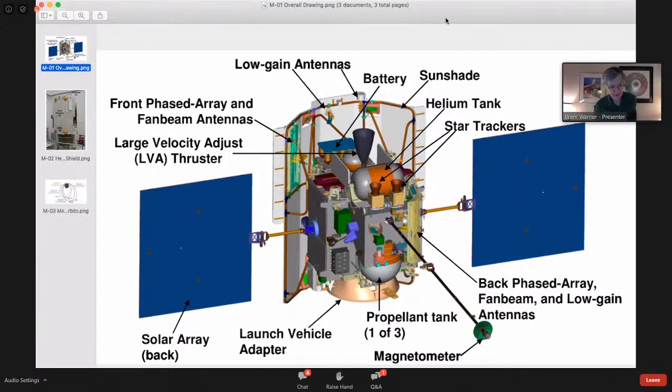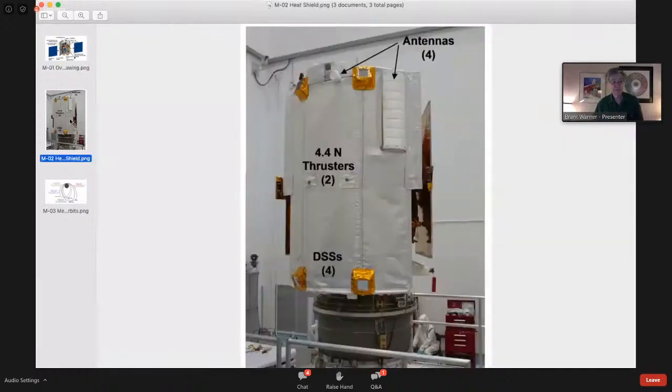But the spacecraft has to fly past the sunlit side of Mercury so its cameras can take pictures of Mercury. So to take any data at all, it has to fly right in between. So it's got hot Mercury on one side, hot sun on the other side. Here's a photograph of the sun shield. It's that big, tall, white thing. It's made of something called ceramic cloth. You can see a guy in the background in one of those bunny suits that you have to wear in clean rooms. For a little bit of scale,